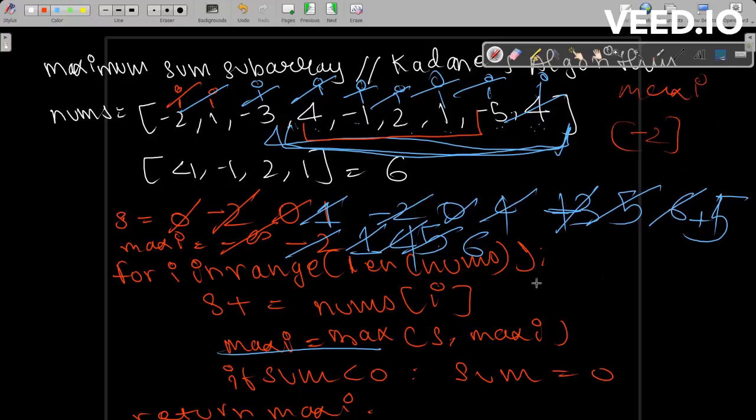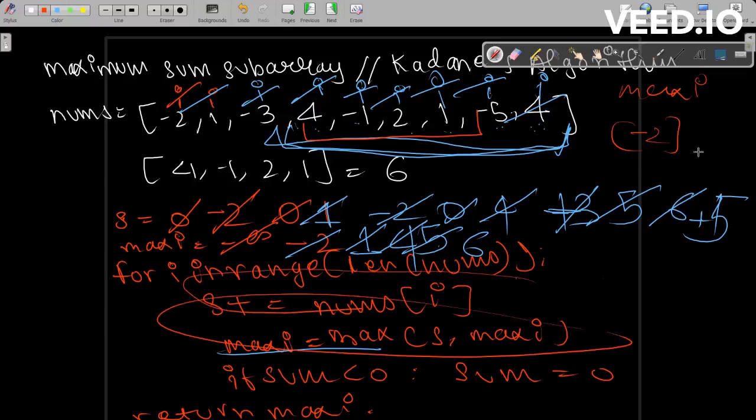Firstly, we're going to do the very first step, which is have the sum. Then we'll check the sum with maxi. And because from minus infinity, minus two is greater, we'll change maxi equal to -2. And even if the sum does go below zero in this case, we'll still return maxi, right? We're not returning the sum, we're returning maxi, which is -2. And you need to realize that a single element, -2, will have a greater value than any combination of negative